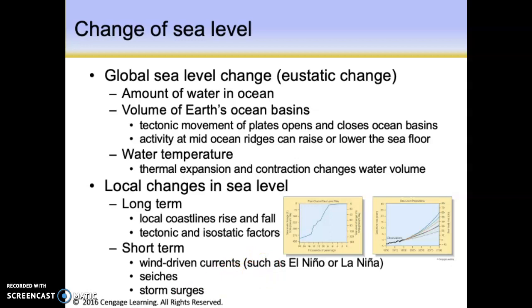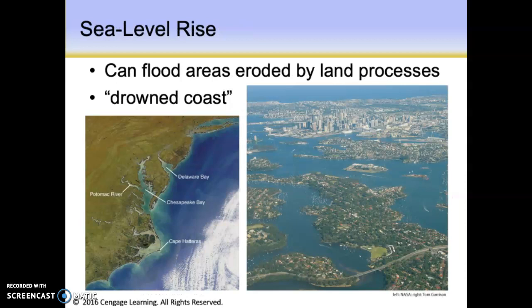So let's take a look at the effect of sea level rise. Since the end of the last ice age, there has been more water going into the oceans. The planet's been warming up, so sea level is getting higher because the water is getting warmer and we're having more water in the ocean. And this has caused a number of coastlines to become what we call drowned. So sea level rises up and it floods valleys that were eroded by rivers, valleys that were eroded by glaciers, and other